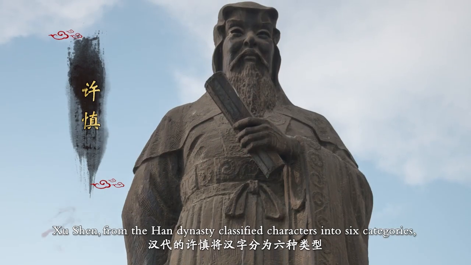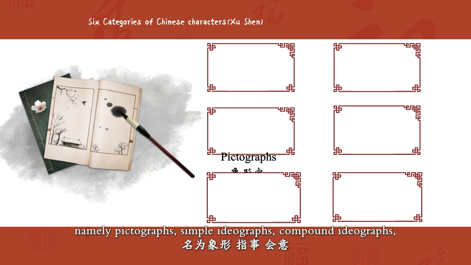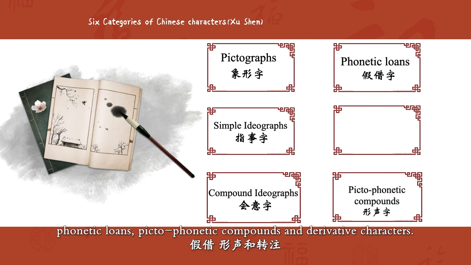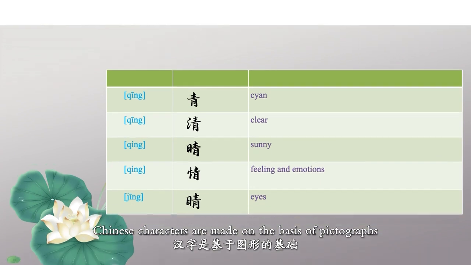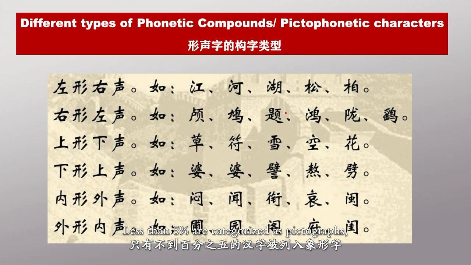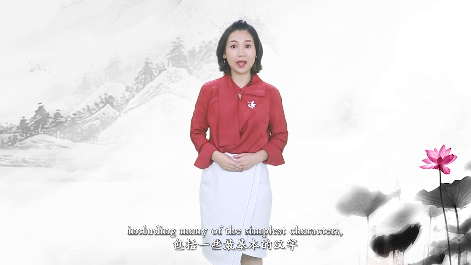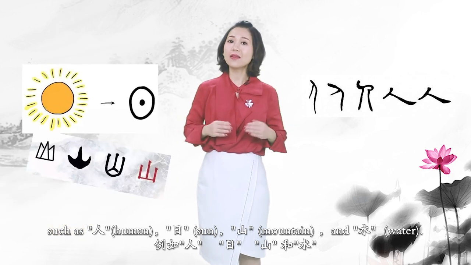Xu Shen, from the Han dynasty, classified characters into 6 categories, namely pictographs, simple ideographs, compound ideographs, phonetic loans, pictophonetic compounds, and derivative characters. Chinese characters are made on the basis of pictographs, and most take the form of phonetic compounds. Less than 5% are categorized as pictographs, including many of the simplest characters such as 人, human, 日, sun, 山, mountain,